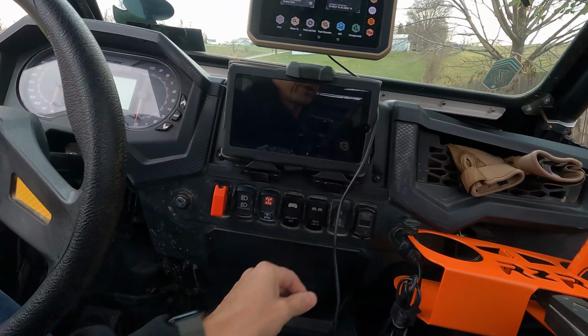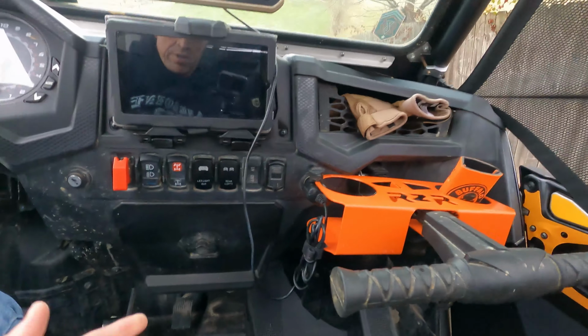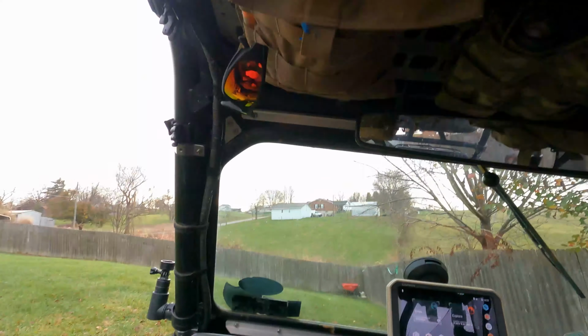I got some 12.1. That seems kind of low today. And then the gratuitous beer holders. That's about it from in here. But anyway,